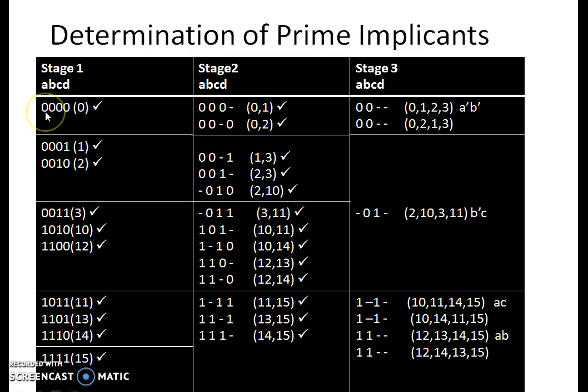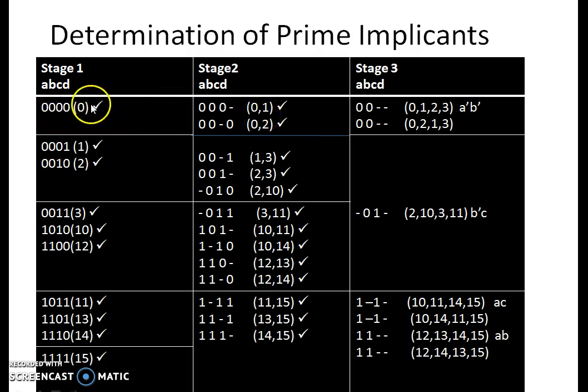Or if you take the Boolean laws, A bar B bar C bar D bar plus A bar B bar C bar D, so this D bar plus D will give you 1. So you will be left with A bar B bar C bar. That I have written. And wherever there is a 1-bit difference in that position, I have marked it as a hyphen. That is, that literal can be eliminated. So with what combination did I get this? With 0 and 1. I have listed it here.